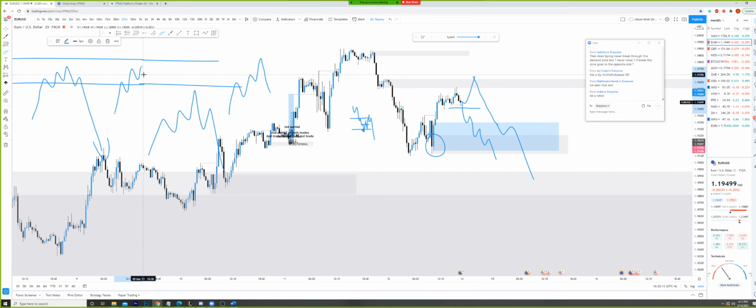So structure's still bullish. You're like, okay, Wyckoff's happening, and I'm afraid that I'm going to miss it, so let me just get in here, or let me just get in here. And the second you get in, something like this can happen. And the second that happens, you go, why did this lose? Why am I losing? This doesn't make any sense. Why am I losing?